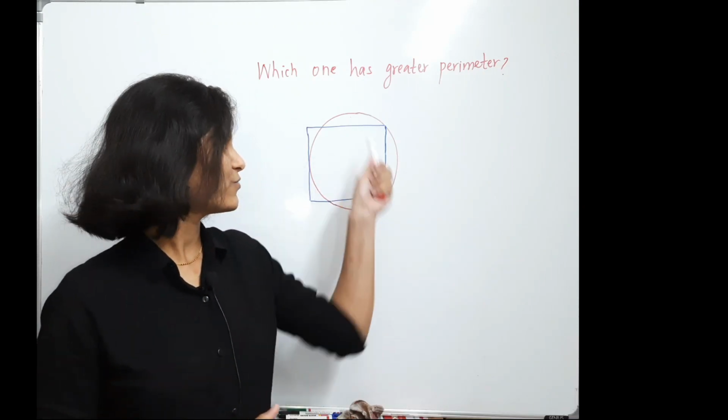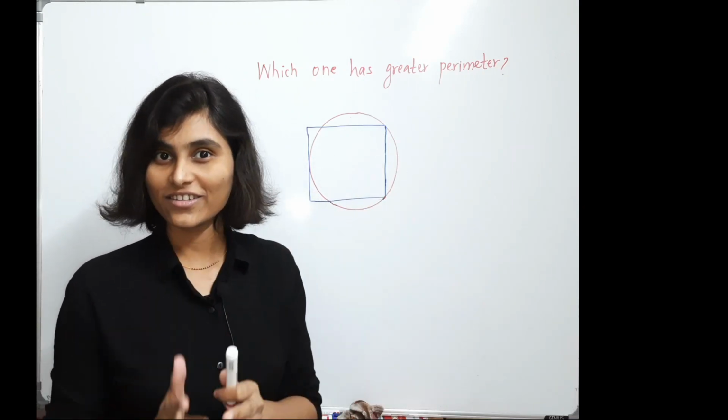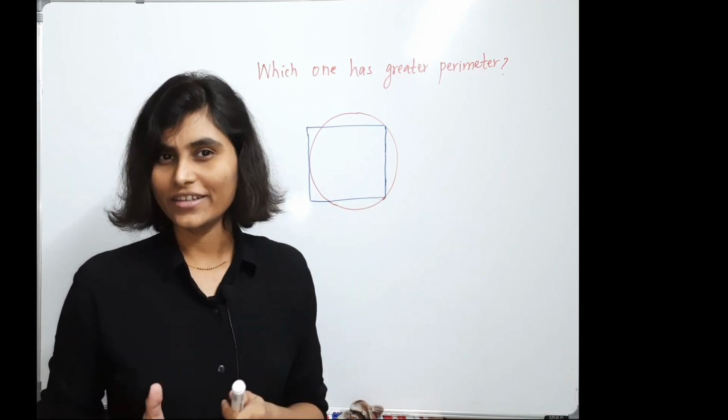If you are given this figure where the circle and the square are placed like this, then can you compare